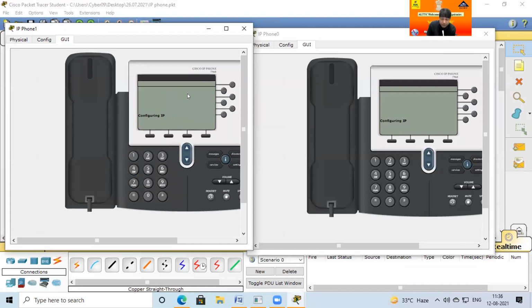If I did everything very well, then after some time the configured IP and telephone number will be displayed on your screen, if nothing is wrong. So again I repeat, just waiting to see whether the telephone number allotment is proper, yes or no.